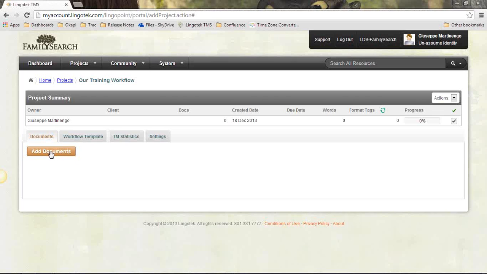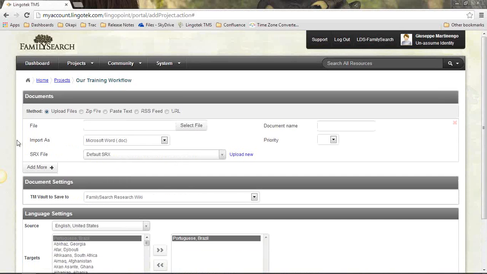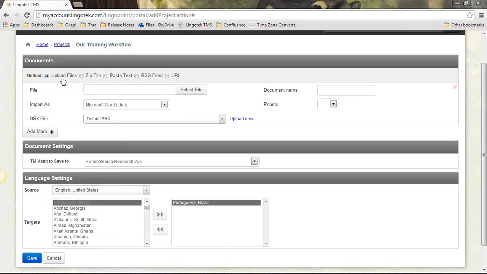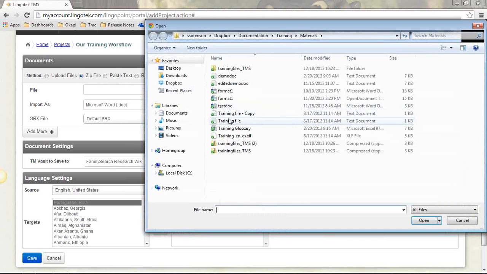So on here we have no documents, as you can see again. We hit add documents, and this allows us to pick how we want to upload our documents. So the three ways you're going to use is possibly uploading one file, uploading a zip file, or pasting some text. So for this example, I'm going to upload a handful of files that are in the zip file. So I'm going to select zip. You have to select these options or it will error out. If you select upload files and you pick a zip file, it will error out until you select the appropriate option. So I'm going to select my file now,